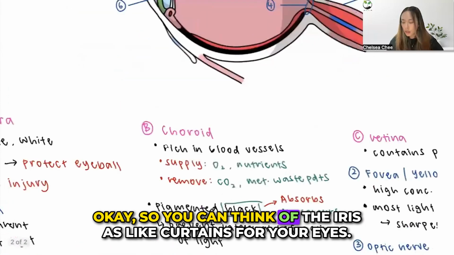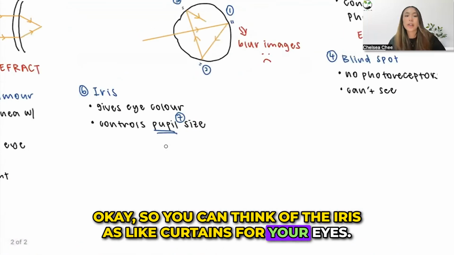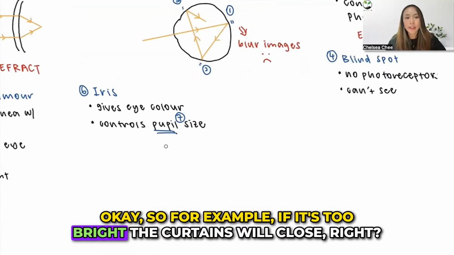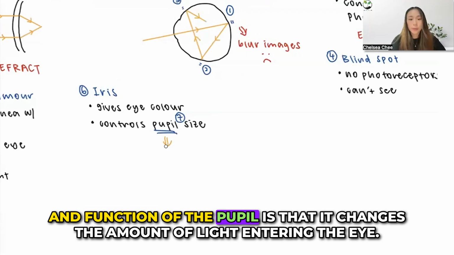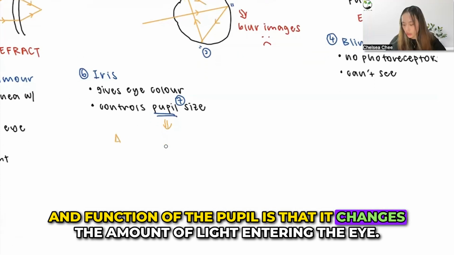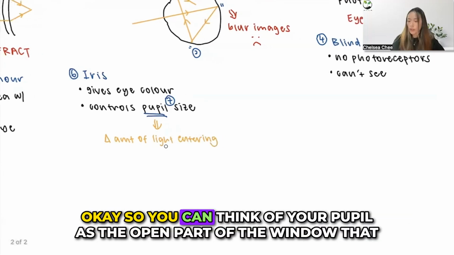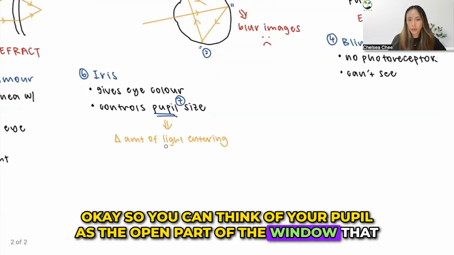Okay, so you can think of the iris as like curtains for your eyes. For example, if it's too bright, the curtains will close, right? So your iris will close up. And the pupil is essentially just a hole in the eye. The function of the pupil is that it changes the amount of light entering the eye. So you can think of your pupil as the open part of the window that allows the light to